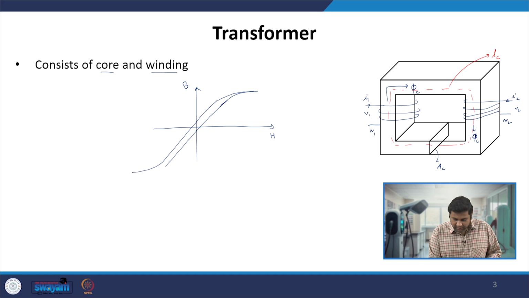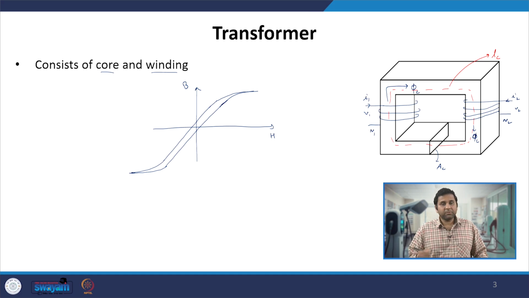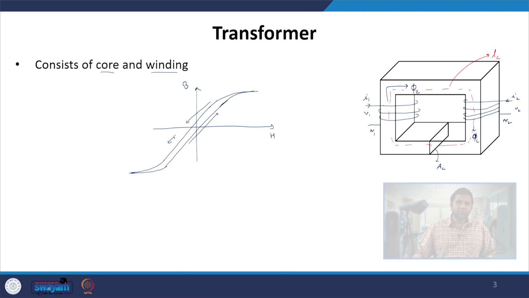Because of this, the BH curve is one of the curves which determines how well the core material gets magnetized, and how much energy is needed to magnetize the core itself. However, while going in one direction it follows one path, and while going in the other direction, downwards, it follows another path. That means this particular curve has some hysteresis. It is non-linear as it saturates beyond a certain value of H. So this is the BH curve, which is one of the critical core material properties.